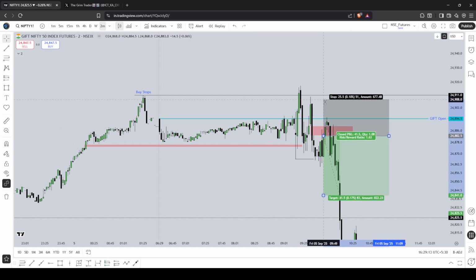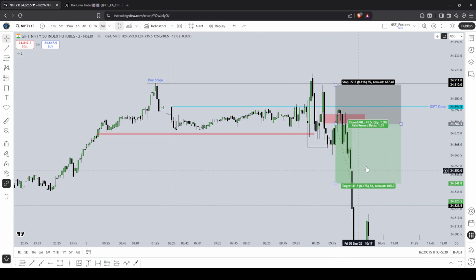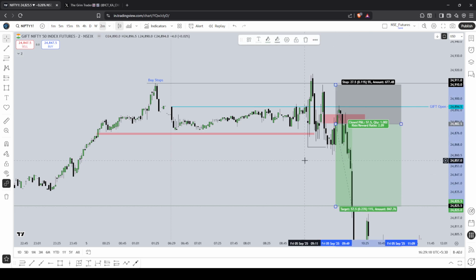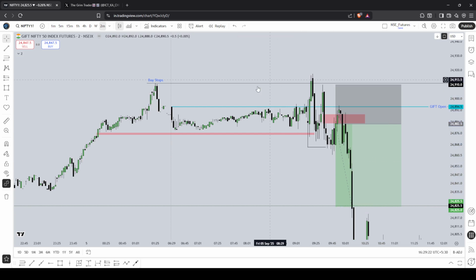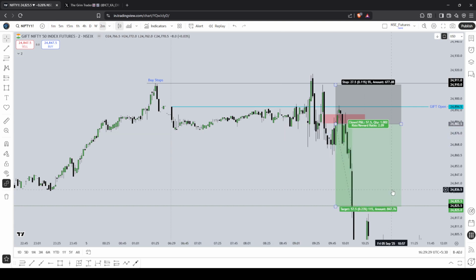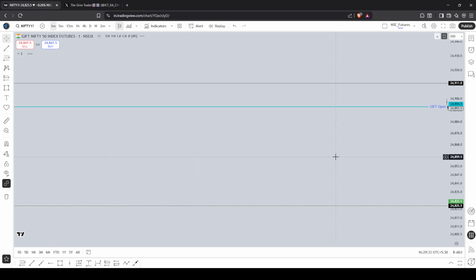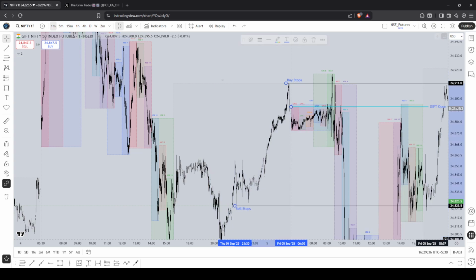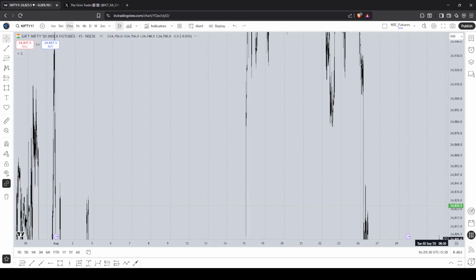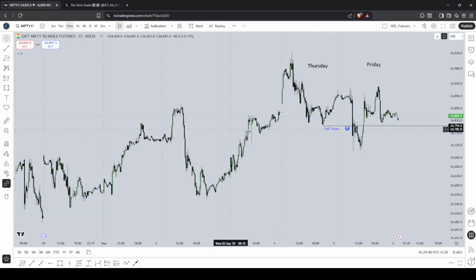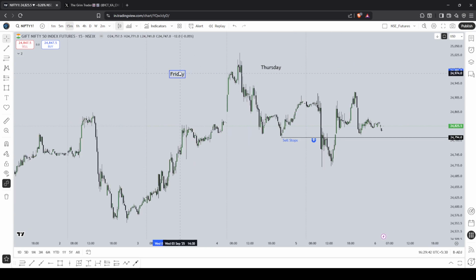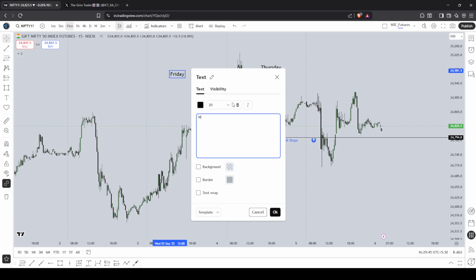There are various entries you can take. You don't need to stick to one particular time frame. You don't need to use the time cycles. You could use the time cycles, that will actually help you. This is one day's price action. You can use this on the previous days as well. So this is Friday. The same strategy works throughout the week. Let's just say, let's come here. This is Wednesday.